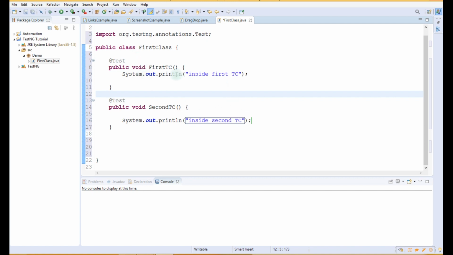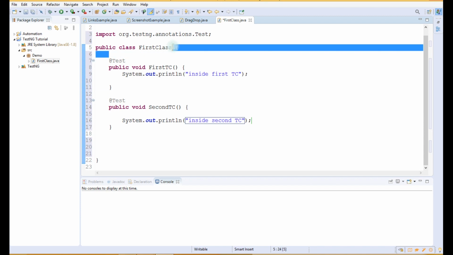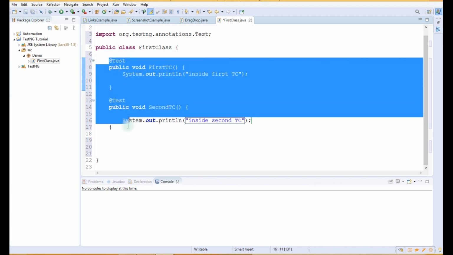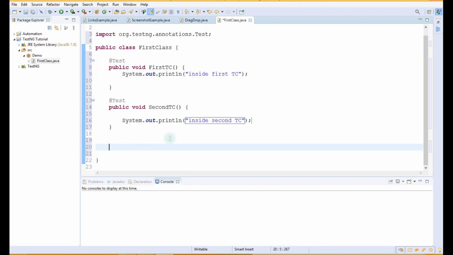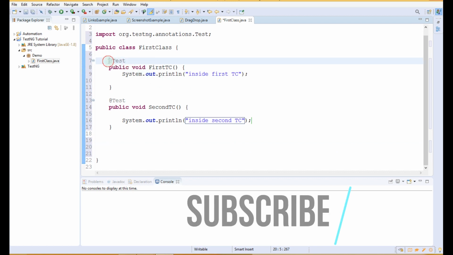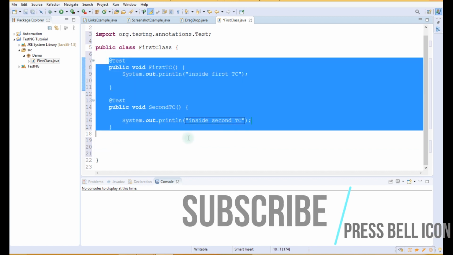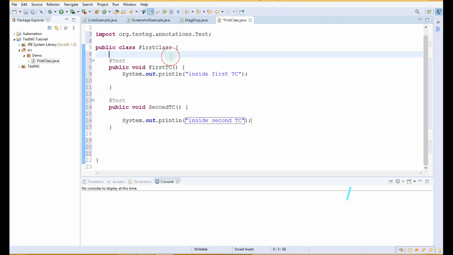For example, if we have to write test cases for login functionality, we will create a class as login and we will write all the test cases inside this login class. So all the test cases that are related to login functionality will be written inside the login class, and if we have any other functionality, then we will create a new class according to that functionality and we will write all the test cases related to that functionality in that class, right?